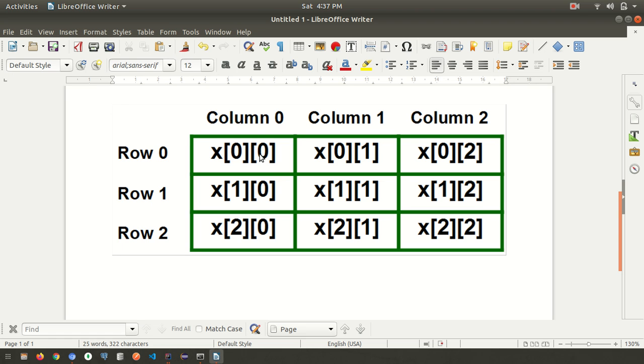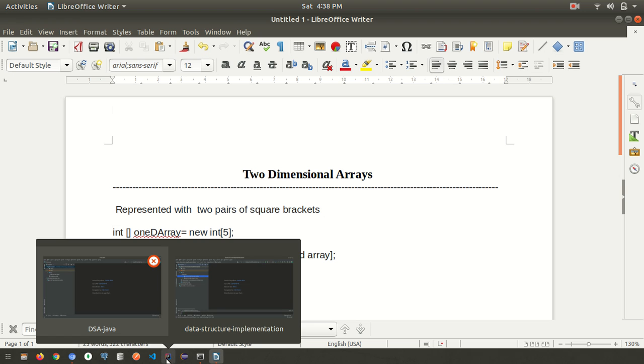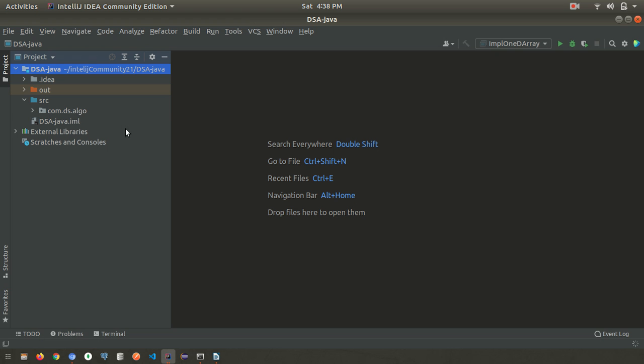If you want to take this other one, the array is x and the row is 1, so x in square brackets 1, and the column is 1. So x of 1 and 1 will retrieve the value present there.